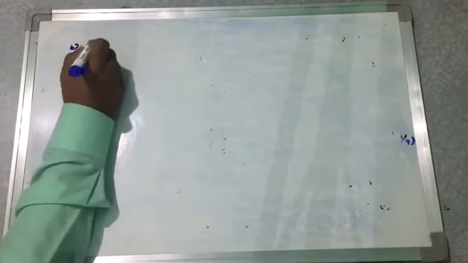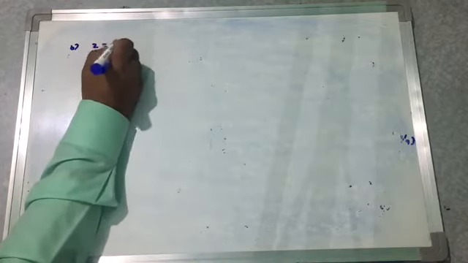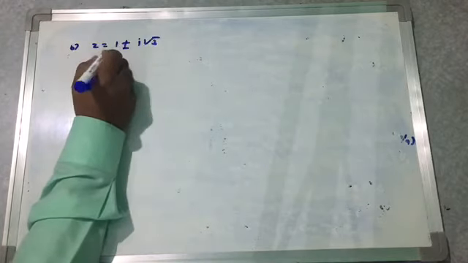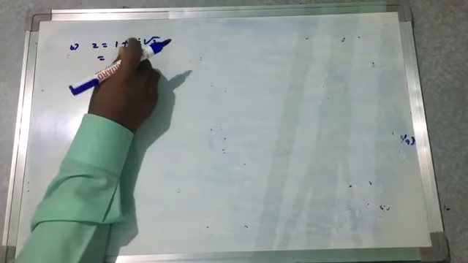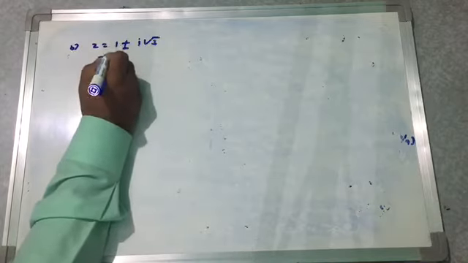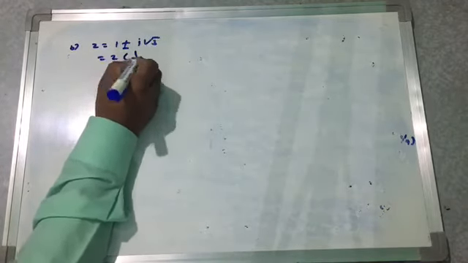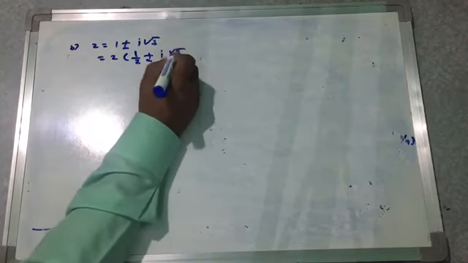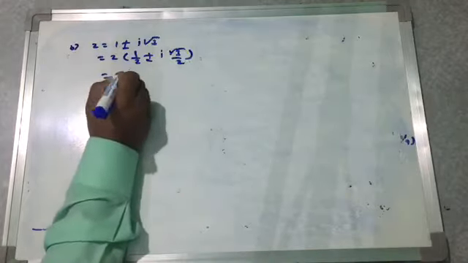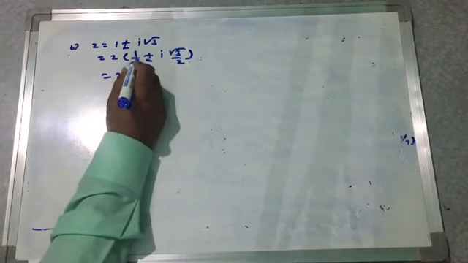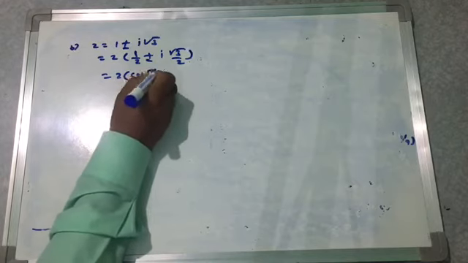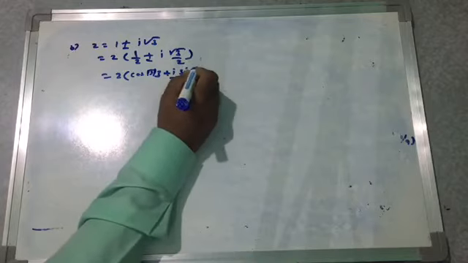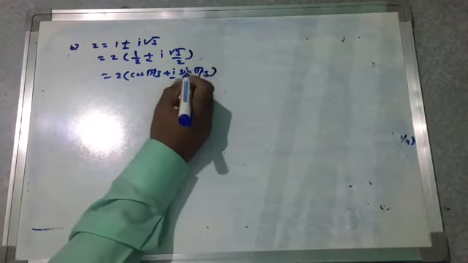Now z is equal to 1 plus or minus i root 3. We have to compare this and then find r. r is 2, in brackets 1 upon 2 plus or minus i root 3 by 2. This is 2 into cos 60, cos 60 meaning cos pi by 3, plus i sin pi by 3. Pi by 3 is 60.